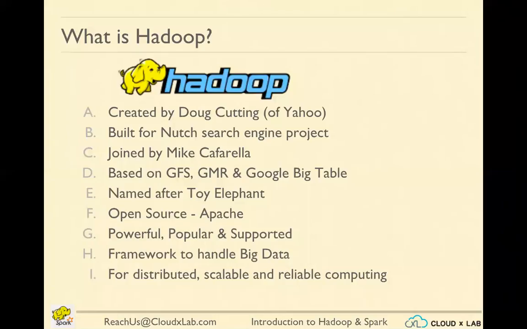Therefore, Hadoop guys made a rule that anybody who wants to come under the Hadoop umbrella needs to be distributed, scalable, and reliable. What does it mean by distributed? Distributed means all the software under the Hadoop umbrella runs on a multitude of computers simultaneously. Scalable,